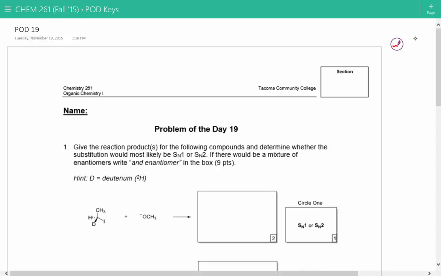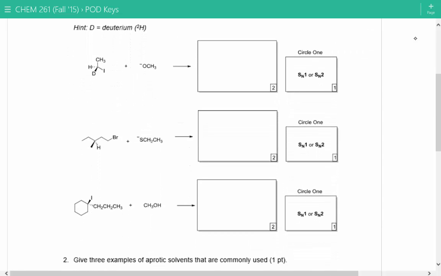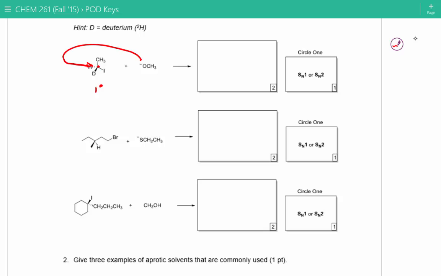All right, problem of the day 19 is looking at identifying the difference between SN1 and SN2. So let's start with our first one. We've got an electrophile right there at the red dot. Is that primary, secondary, or tertiary? Primary. Does primary indicate that it's SN1 or SN2 usually? SN2. So if we think about this, the nucleophile is going to do our backside attack on our electrophile and